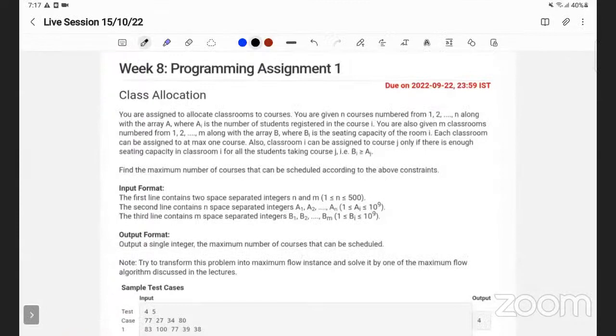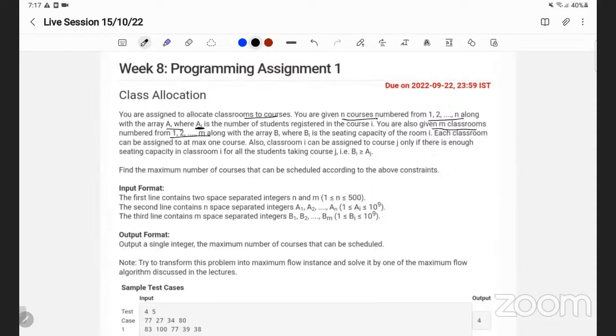Okay, so both week 8 and week 9 assignments were based on max flow and min cut. So I plan to take both of the questions together in today's session. So let's just get started with this week 8 problem. The problem is you are assigned to allocate classrooms to courses and you are given n courses numbered from 1 to n, and each course has the number of students registered in that course. You are also given an array A, where A_i denotes the number of students registered in the ith course. And you're also given m classrooms numbered from 1 to m,